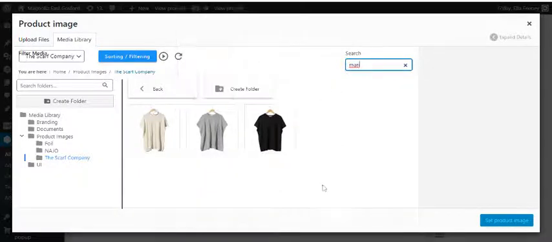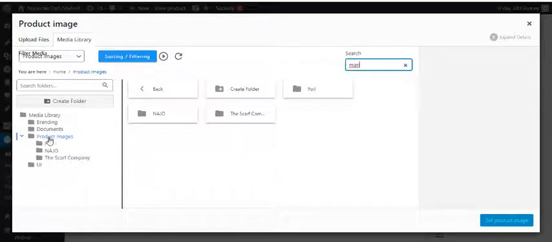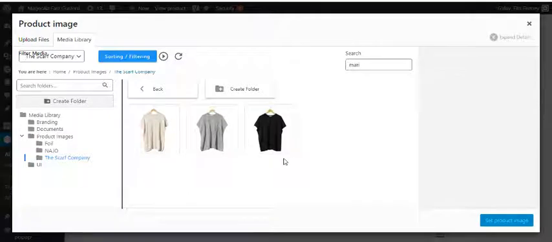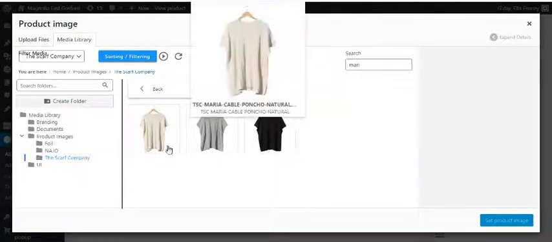So drag and drop the images into the appropriate folder in the media library. In this example, we've got product images, and then within that, we've got brand folders. So you can create, here we go, product images. You can create a folder within that folder by clicking on product images and then clicking on create folder. But we've also already got our folder here for this brand, and we've already got the images in. So we started with, for the